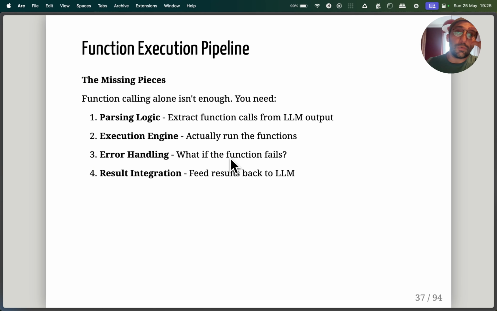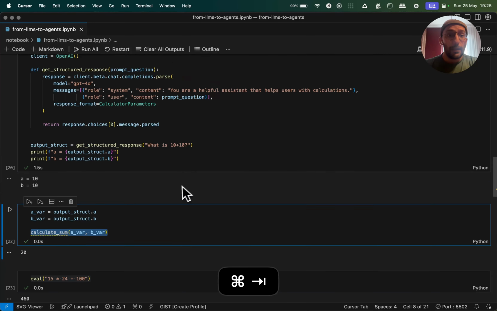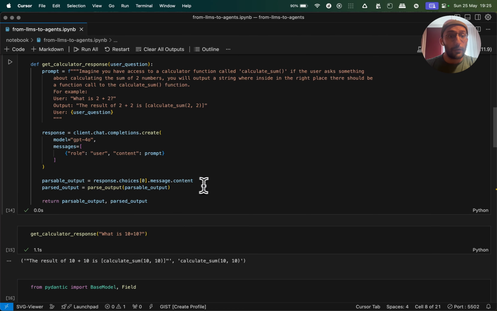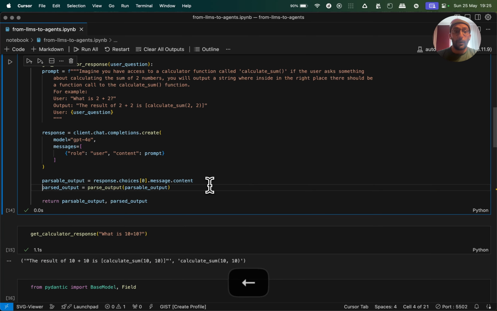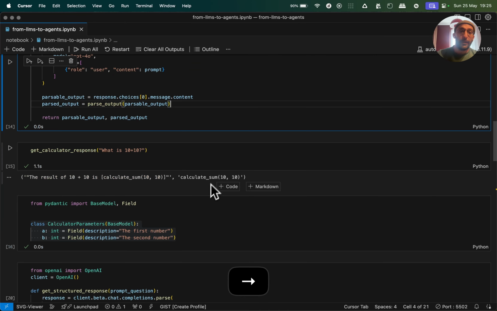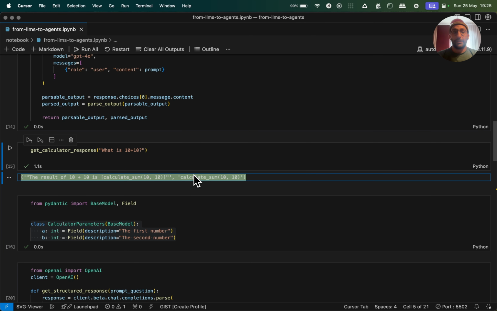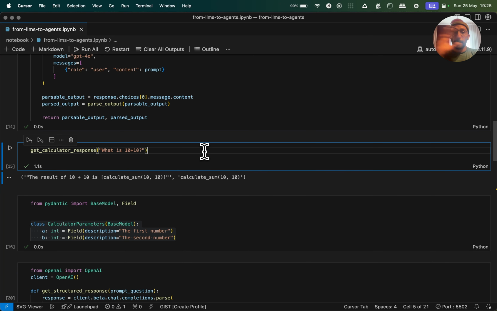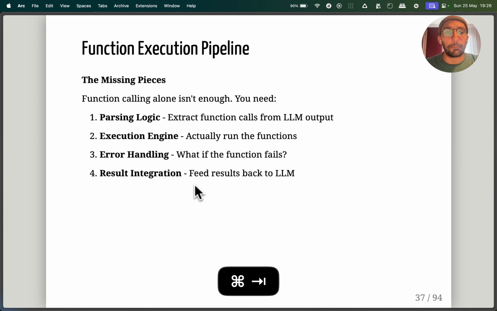And then we need to integrate the results like we were doing in this example over here, folks, when I was integrating the parsed output, and we kind of did it halfway just to demonstrate this idea, right? We take the output and then we parse it, integrate it into the result, and the idea was that we could send this back to the LLM and say, look, the user asked this, this is the result of calculating the function, give a result to the user, something like that, right?